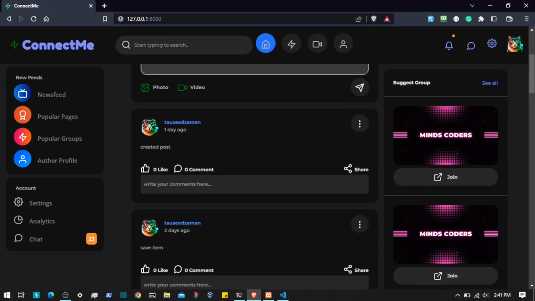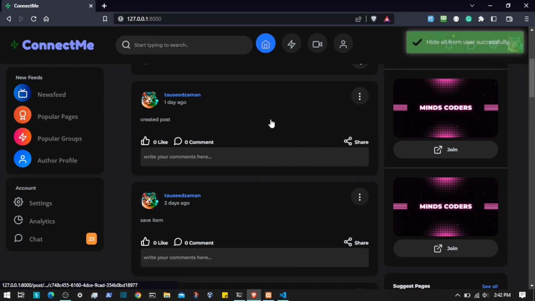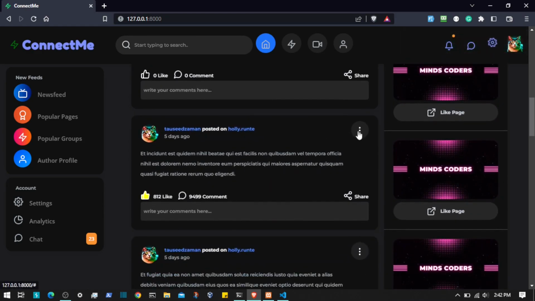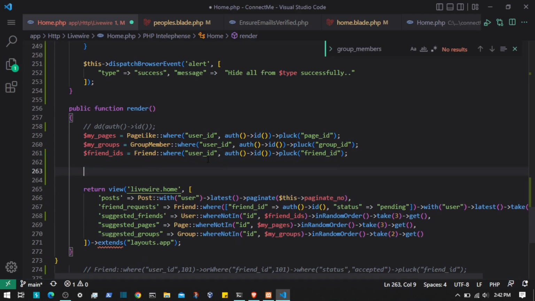So now this is my user, right? If I want to hide all from this user, which is my user, it seems like nothing happened. If I want to hide all from this, oh yeah, we have to change the status in order to make that work. So let's do that, and the algorithm is gonna be like, get all